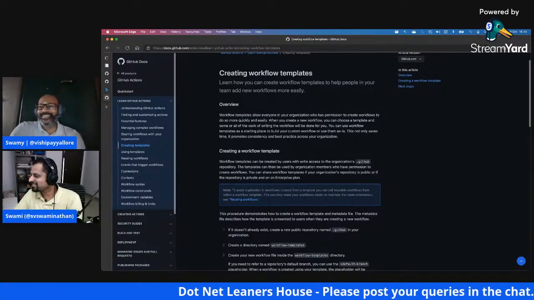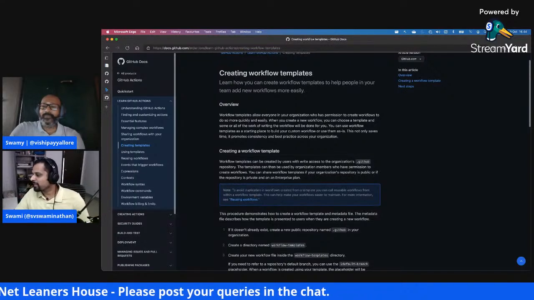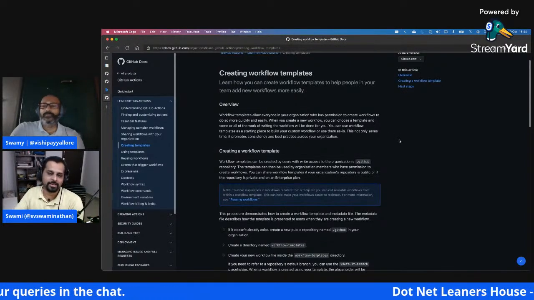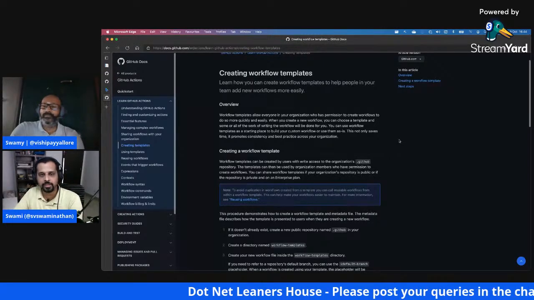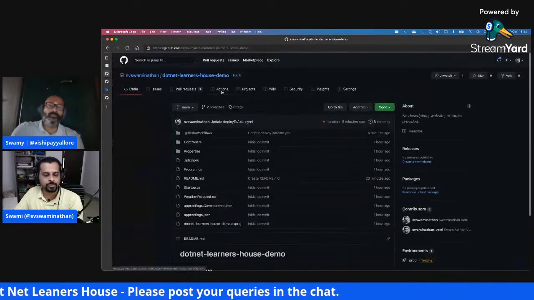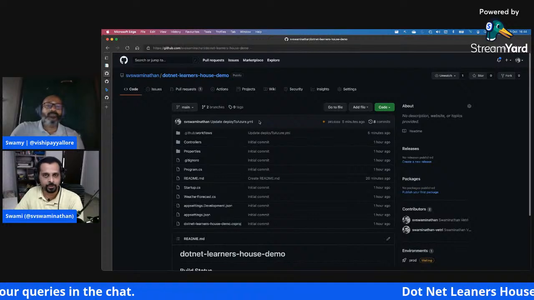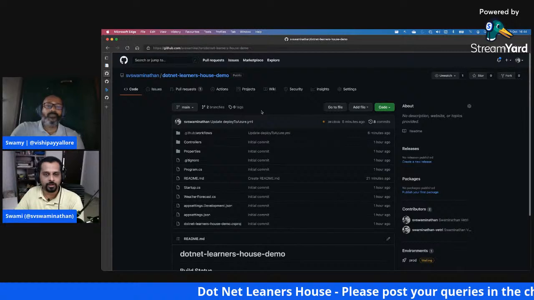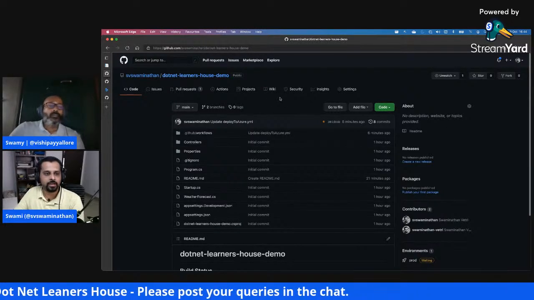GitLab CI and GitHub Actions are pretty much the same. See, it's all about the ecosystem, right? If you're already on GitLab, you don't have to really move to GitHub Actions. If your enterprise or anyone is using GitHub as source control, then everything is in a one-stop shop, right? You go to GitHub and then you get Actions. You also have GitHub Packages, in which you can push all your artifacts. You can also use GitHub Container Registry if you are using Dockerized models. You can push your Docker images to GitHub Container Registry, etc. Everything becomes available in a single place for you.